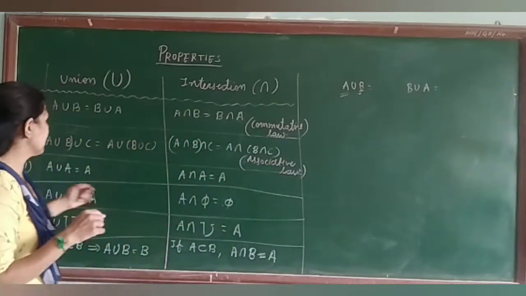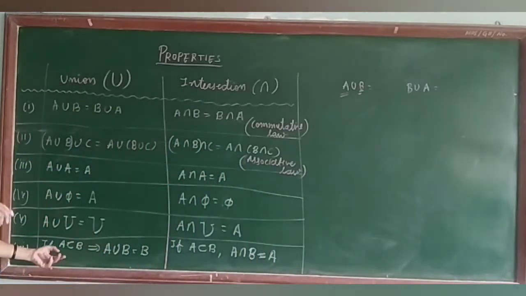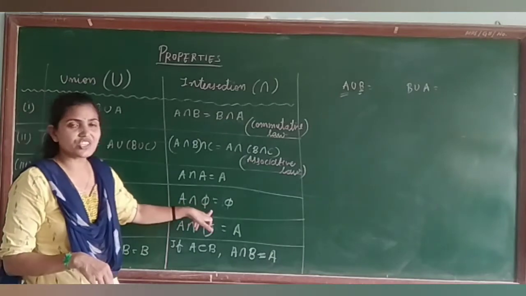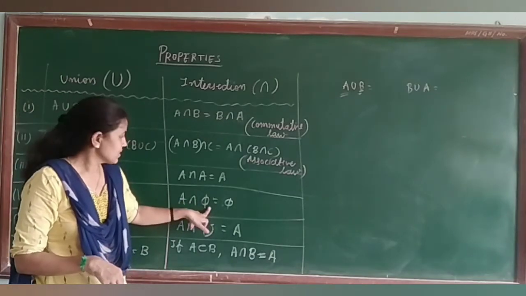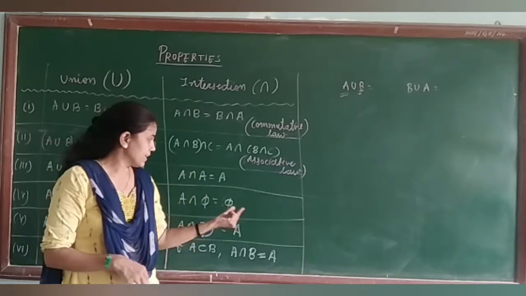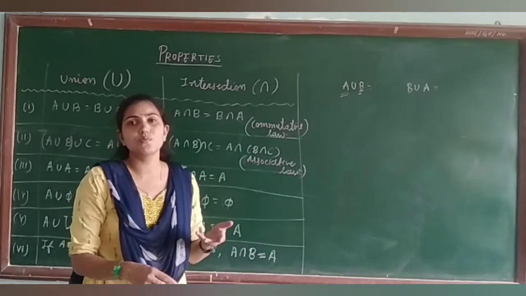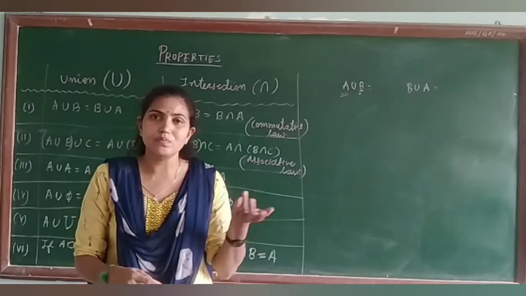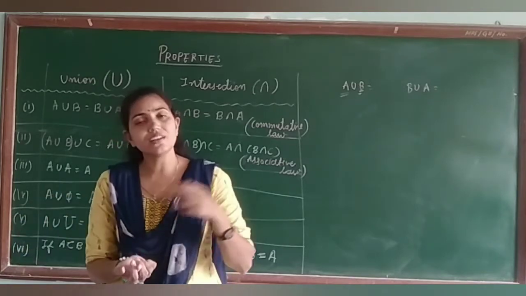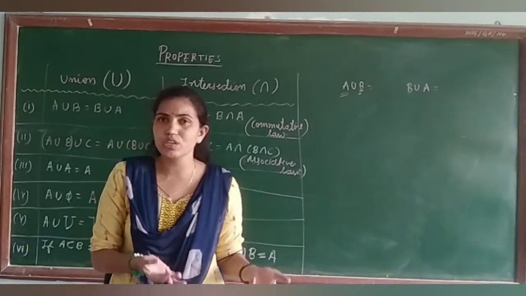So that's why here the fourth thing we are having, 4, 5 and 6. All these three depend on this. Whenever taking A union phi, phi is a subset of all the sets. So union will give you the set A. Similarly, A intersection phi. So phi is a subset and A is a superset, so intersection will give you the subset. That means phi. In other words, phi means empty set. So if you take the union with the empty set, you get your own set, that means A only. And intersection means common elements, and there is nothing common. So that means phi.